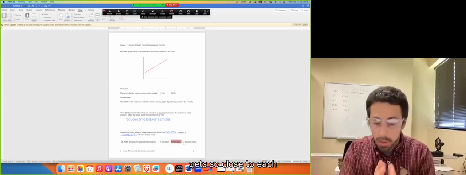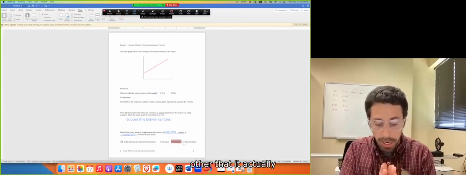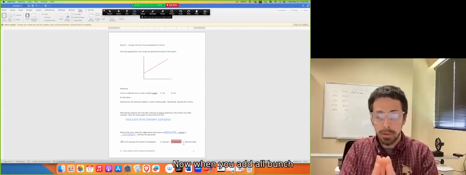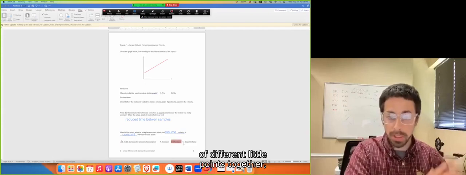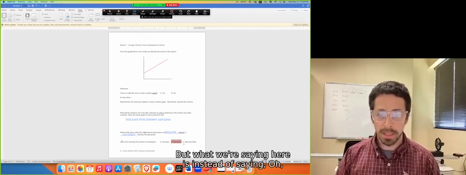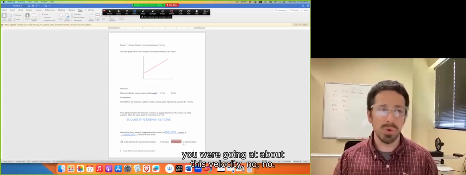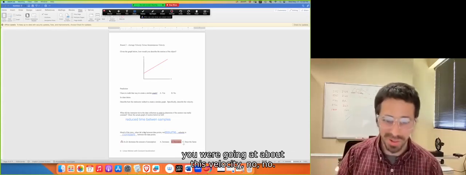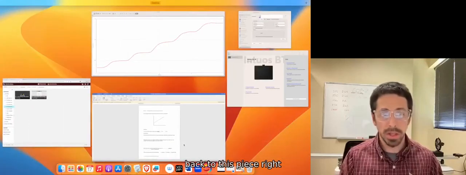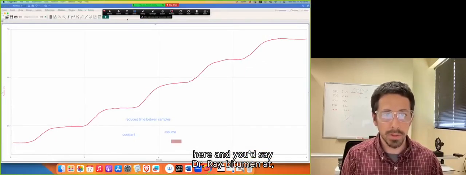The time gets so close to each other that it actually seems that between these 2 points, I'm moving at a constant velocity. Now, when you add a bunch of different little points together, eventually you can be speeding up. But what we're saying here is instead of saying, oh, we're going at about this velocity, no, what you would say is you would go back to this piece right here, and you'd say, Dr. Ray,